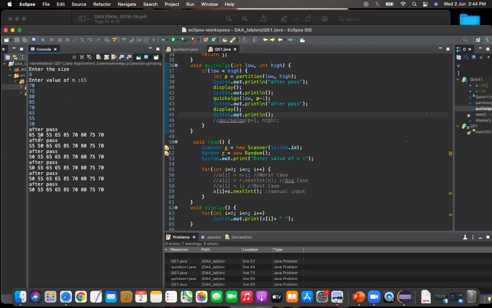This was after the first pass. I have repeated elements twice. So 65 has reached here.